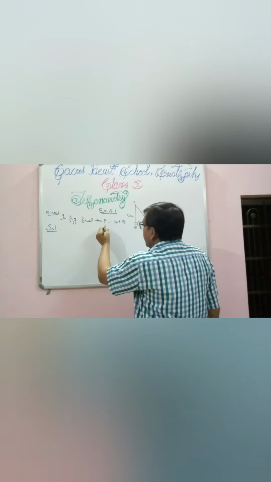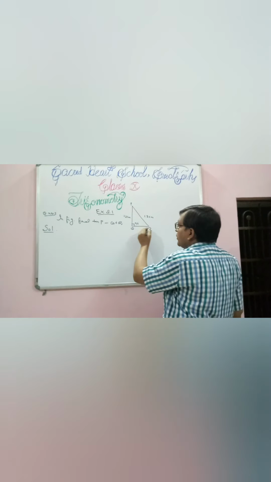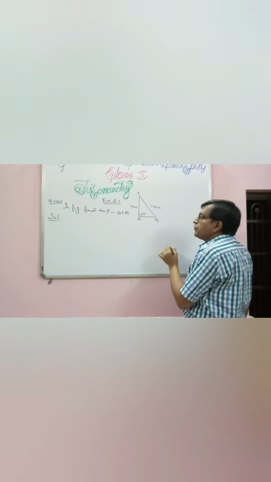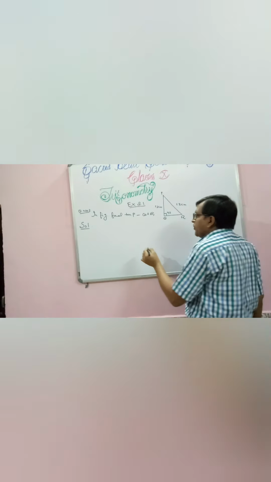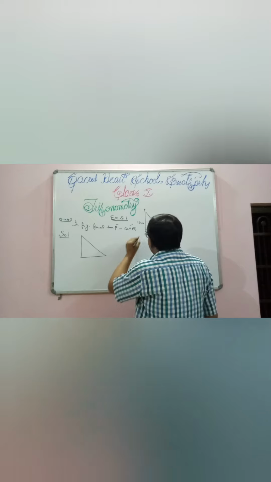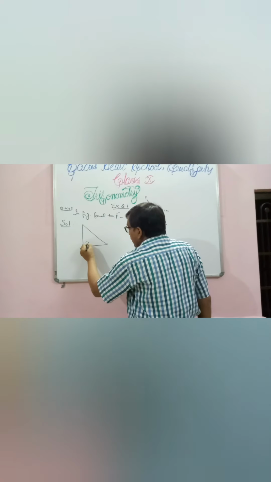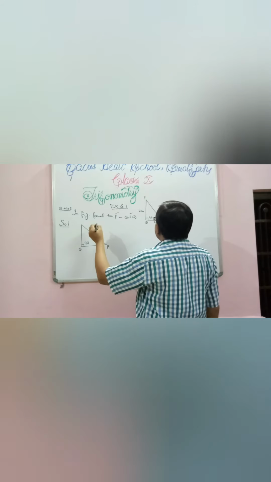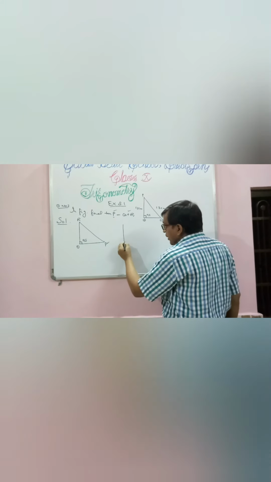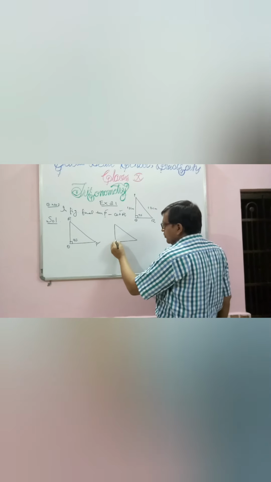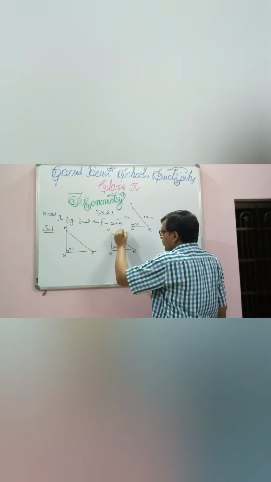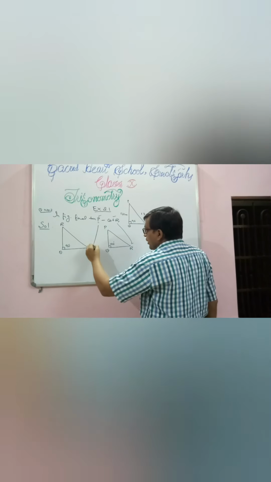In the figure, find tan P minus cot R. One figure is given, PQR, a right triangle. PQ is 12 cm, PR is 13 cm. Now first we make the figure again for tan P and cot R. Q is 90 degrees, and P we write down here and R. Because P comes first, we write P first. One more figure we make here, Q 90 degrees, R and P. In the second figure we make R and P here.